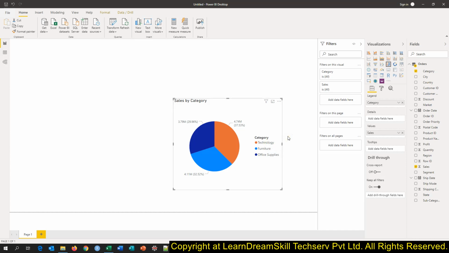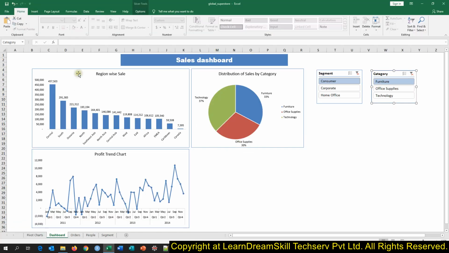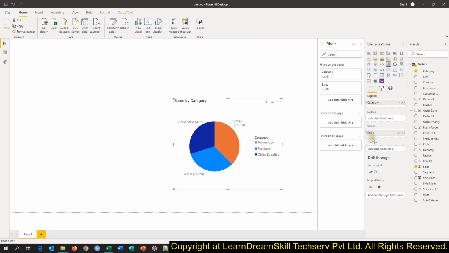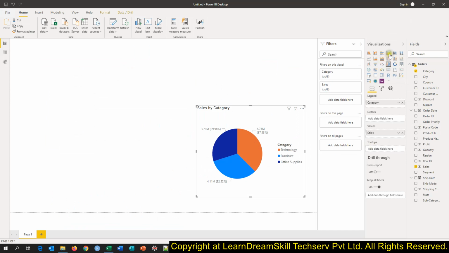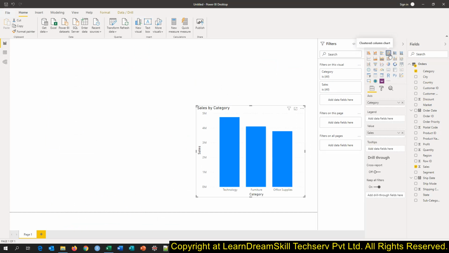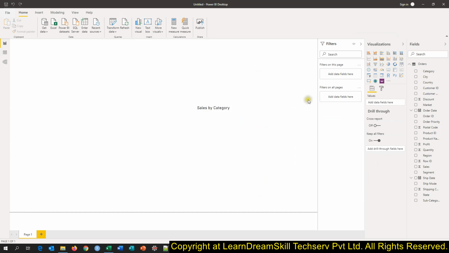Now we need to create another chart, which is the region wise sales. For that, what kind of chart is it? It is the column chart. We have the column chart option here. Sorry, I'll press undo. We don't need to select this; we select anywhere else and then select this chart.